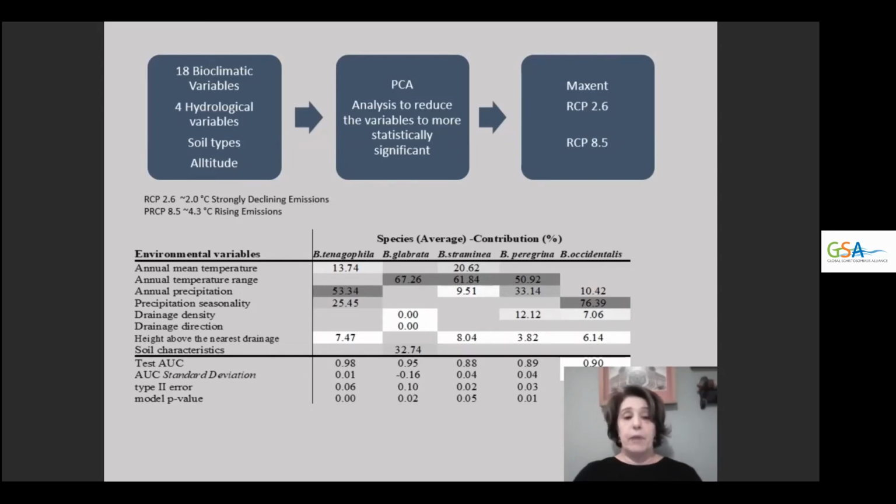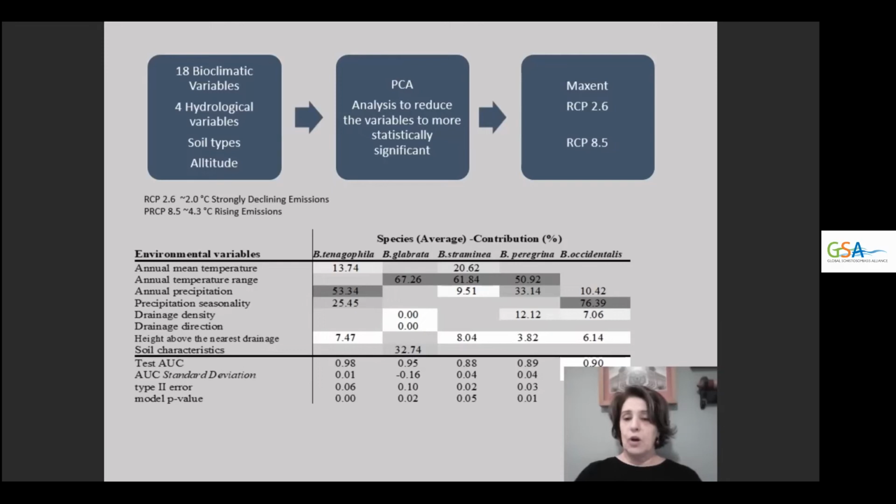And this bunch of variables were analyzed to reduce to more statistically significant variables in PCA, which is a principal component analysis, and used in Maxent this data under two different scenarios